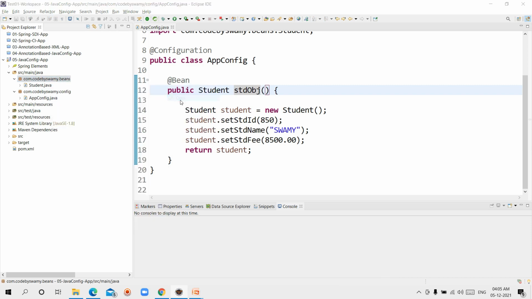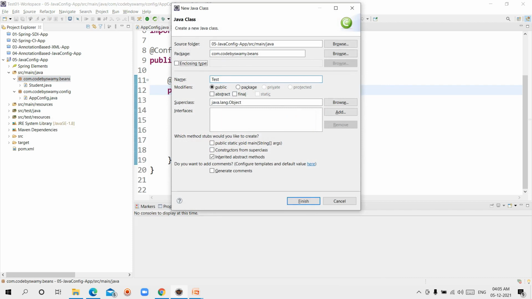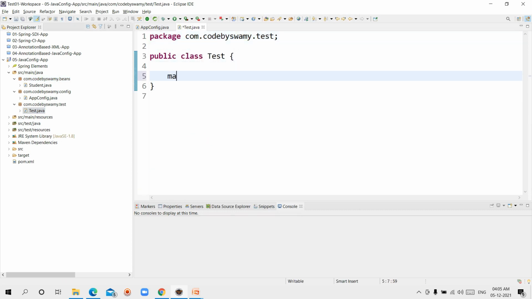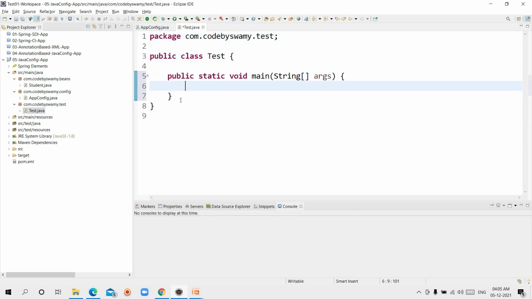Yes, now I'm ready with the bean class as well as the configuration class. Now I'm writing the main class, the test class. Inside that I'm writing the main method.